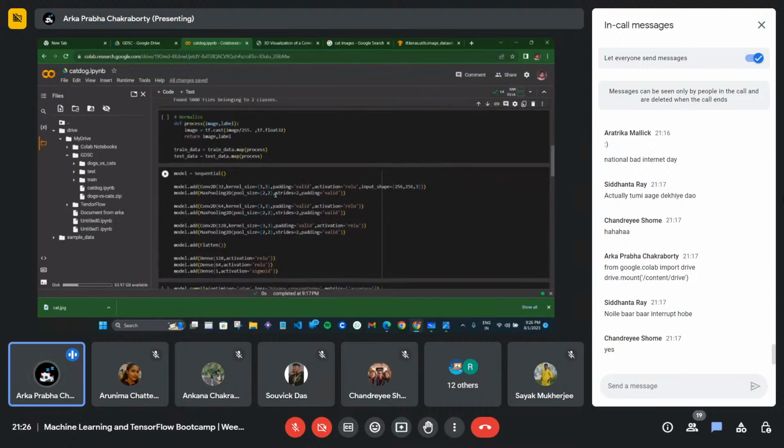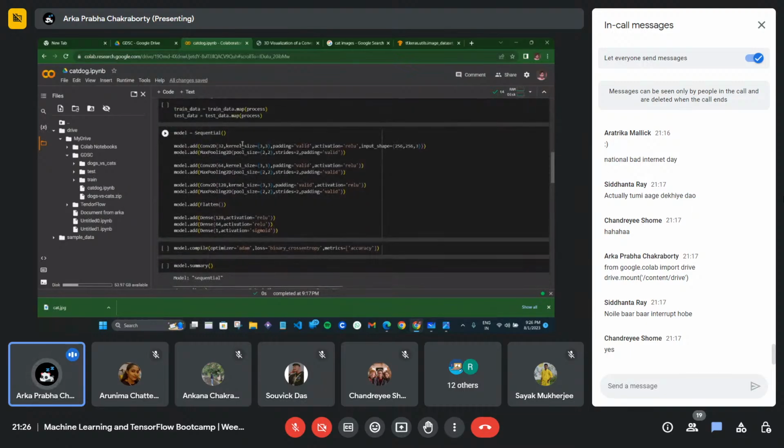Okay. So now the main thing. This thing is called model architecture. For now, just concentrate on this part only. Before padding, these things also, don't understand this for now.